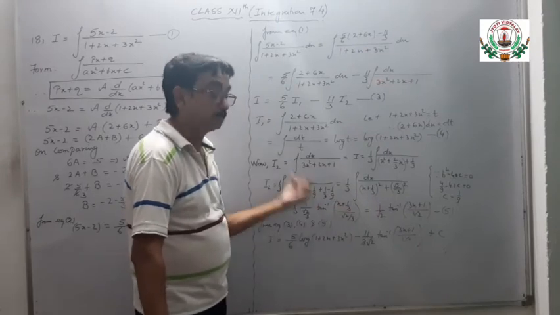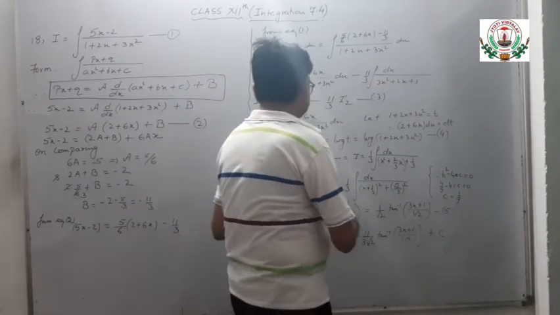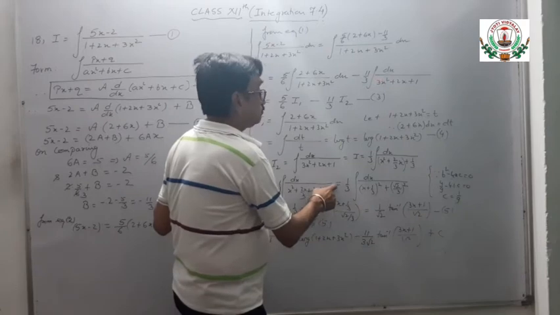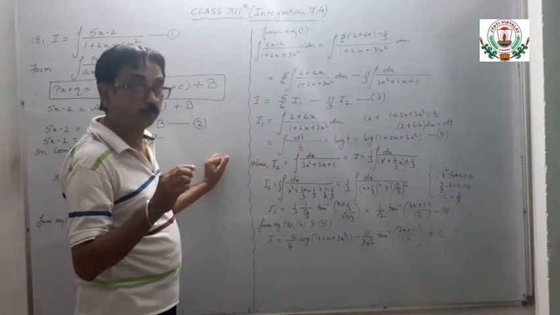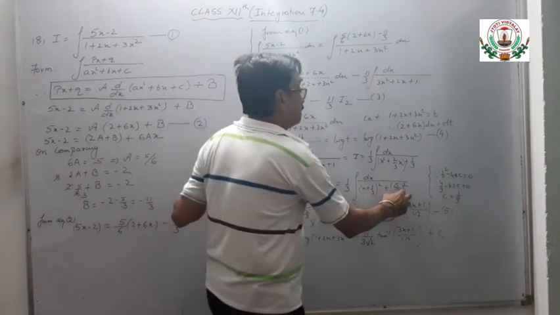it becomes a plus b the whole square, x plus 1 by 3 the whole square, and 9, 3 minus 1, 2, 2 upon 9. 2 upon 9 can be written as root 2 upon 3 the whole square. Now it becomes